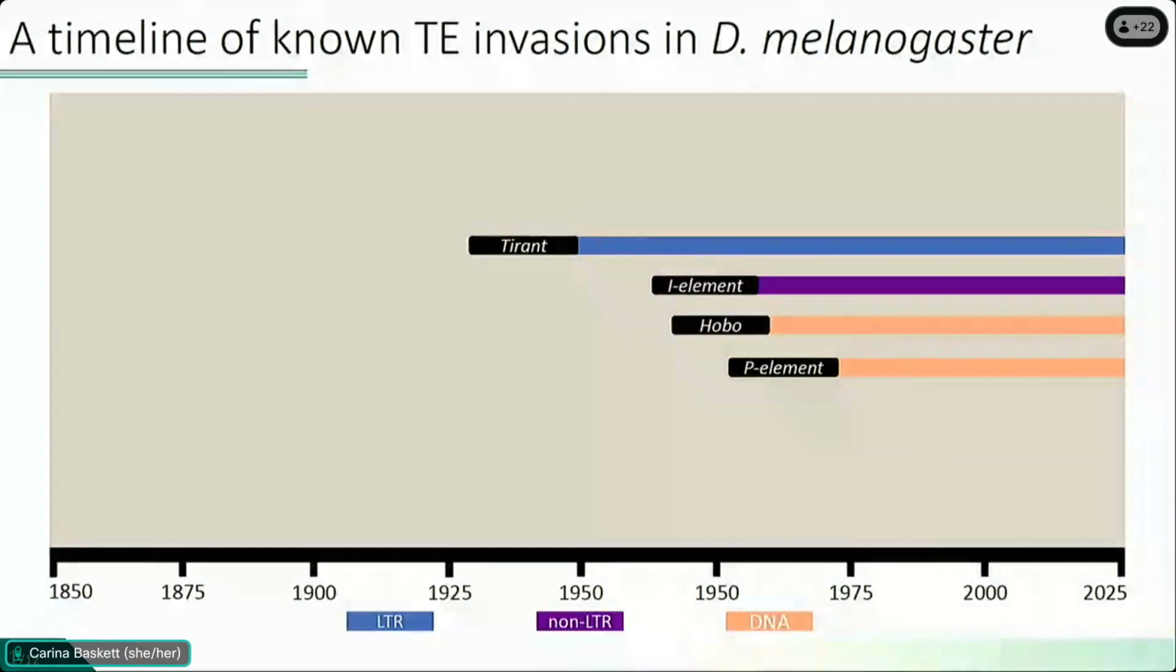But it already started to look a bit suspicious because we have the P element. It was the last one documented, but after discovering the P element, people looked for more and figured out that actually some other transposons during the last century arrived from different species. And these were Tirant, an LTR, the I element, a non-LTR, and then the two DNA transposons, Opo and the